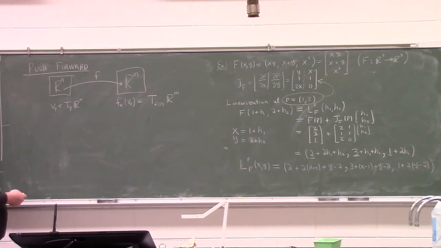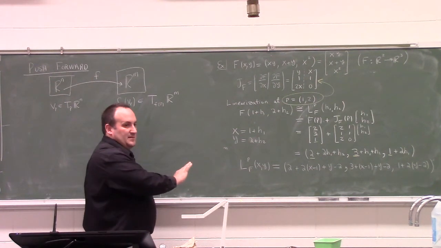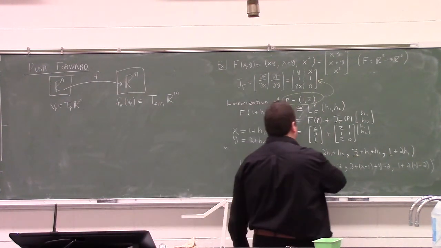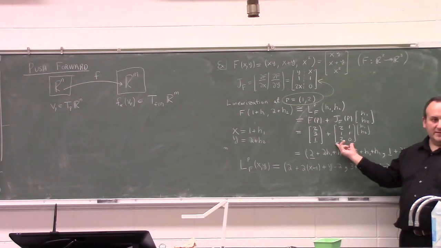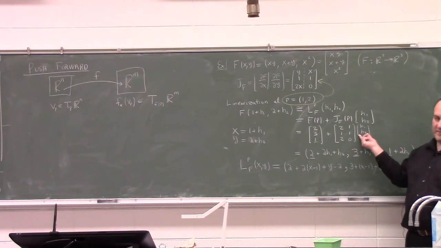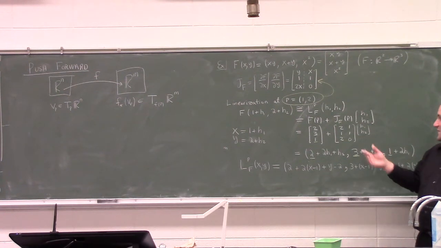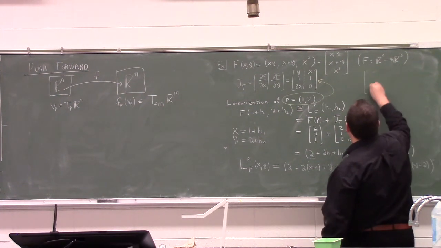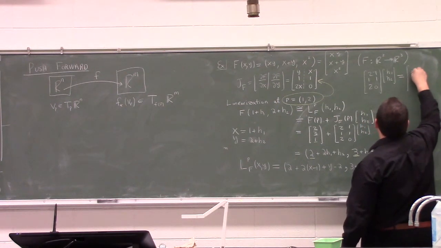Now, if you take a bird's eye look at this, that's also what's going on over here if you just ignore the f of p term. Check it out. This Jacobian of f is taking a two-component vector, h1, h2, in the domain, and pushing it over. I'll write it up here. So you're taking 2, 1, 1, 1, 2, 0 times h1, h2, and it's going to 2h1 plus h2, h1 plus h2,